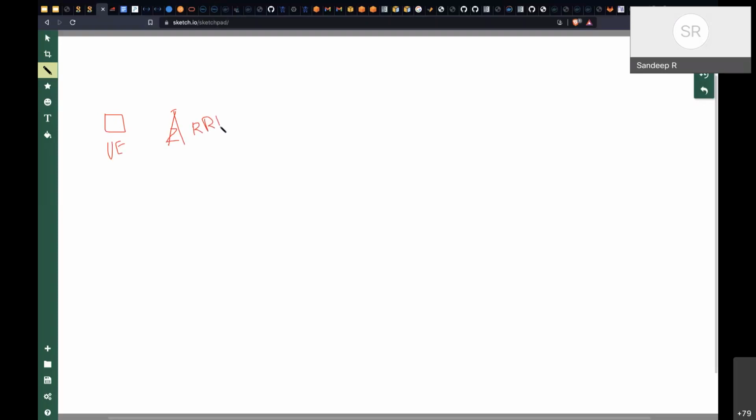And then they have also simulated a BBU, the modem, the baseband unit. The BBU is actually sitting on top of the tower, or maybe it could be running as a cloud RAN somewhere. Okay, so this is what they have done.